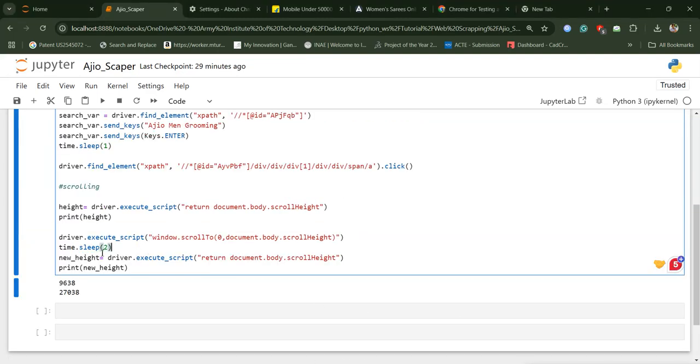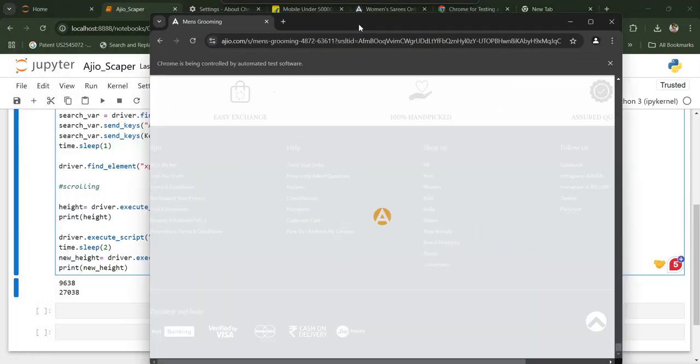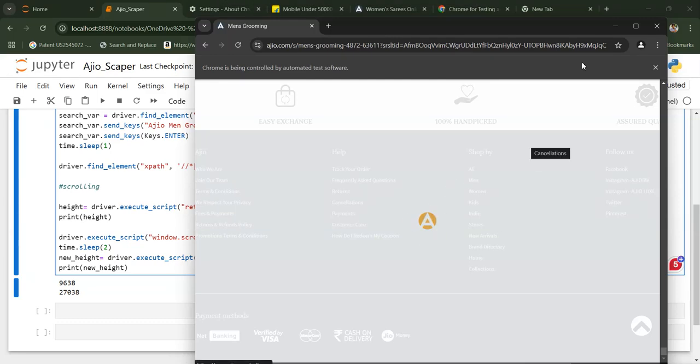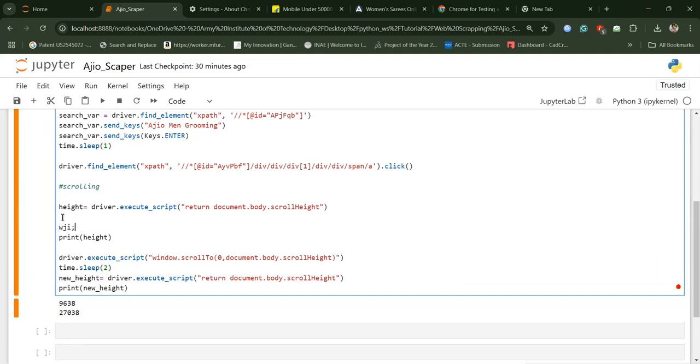Yeah, so the problem was we are not using sleep, and it was executing the second last line of code without getting the screen to load. So if you see, right, this is how it is supposed to load. Now we need to do this again and again till it goes to the end of the screen. So for that, we will put a while loop here. So just while true, and